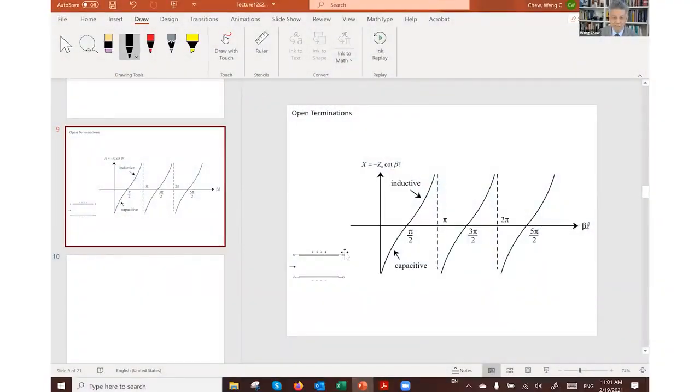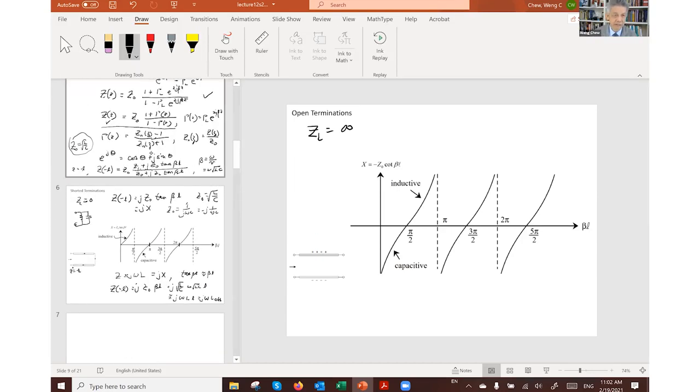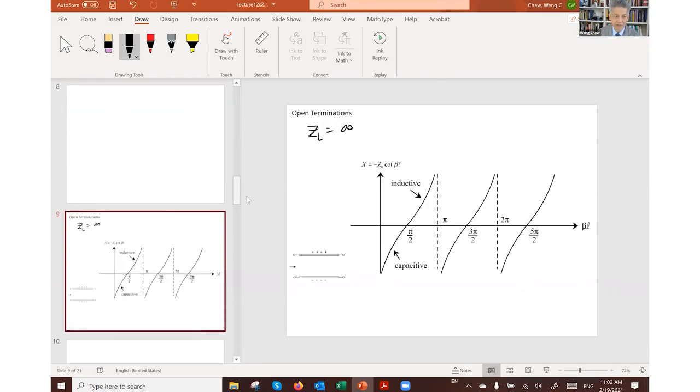So what happens now if I let the other end of the transmission line be open circuited? In this case, ZL is equal to infinity. You can go back to the formula that we derived previously for this general case. If you make ZL infinitely large, this term will dominate over this term in the numerator, and in the denominator, this term will dominate over that term. If you go through all the thought processes and drop the unnecessary terms, you will find that at this point,